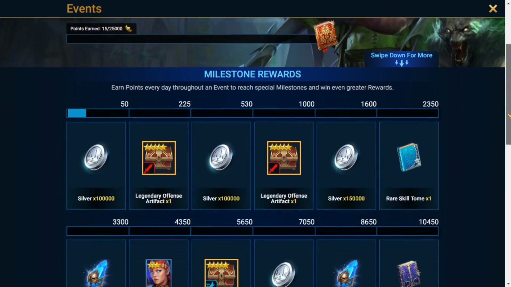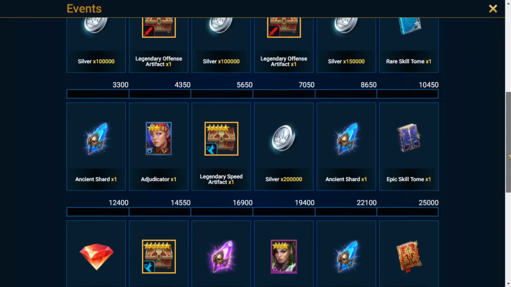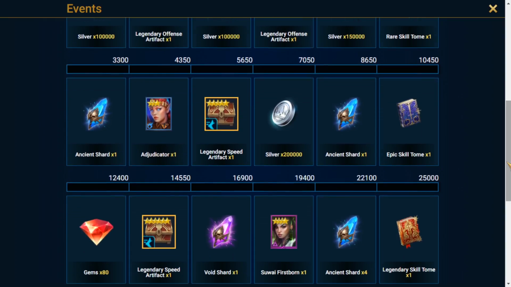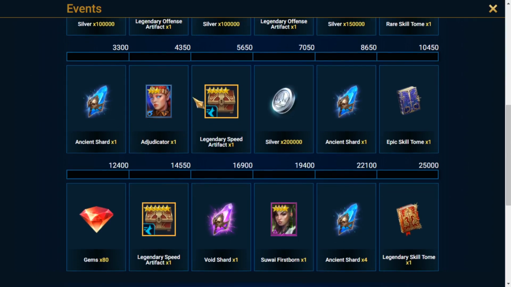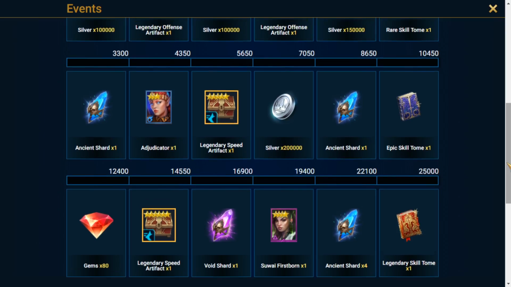Now here's a quick glance at the actual rewards. You can see pretty typical stuff until we get to the really large point numbers. We have some more blue champions that are going to be needed for the fusion. You have that adjudicator there, an ancient shard, another ancient shard. You have 4 ancient shards getting close to the end, so you can end up getting 6 ancient shards from this giant champion training event. You have a couple of the skill tomes as well, with the legendary tome at the end, and here is that epic champion right here